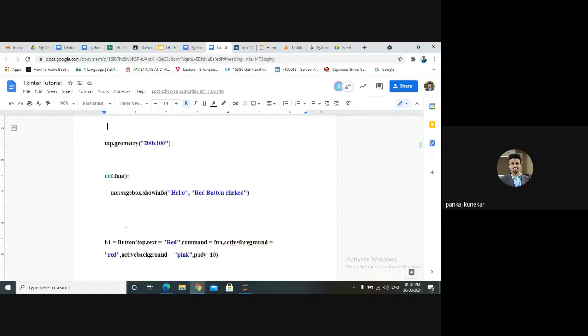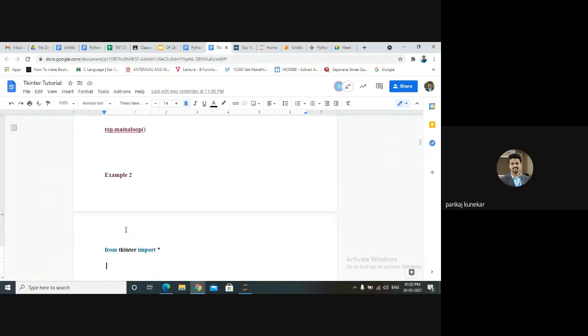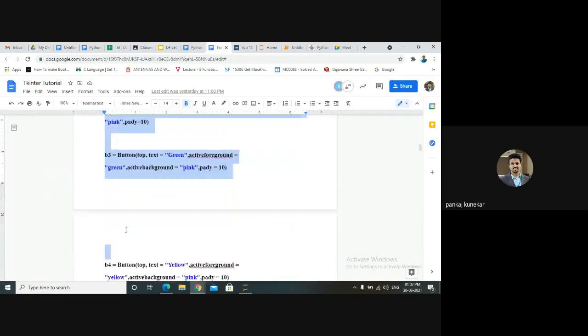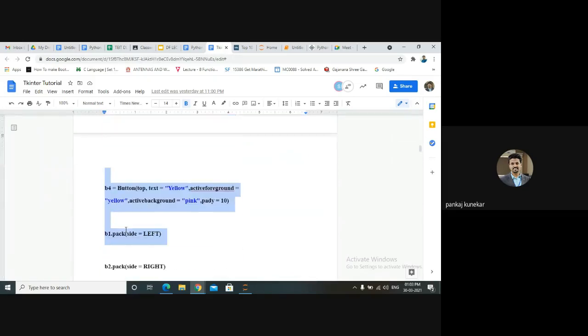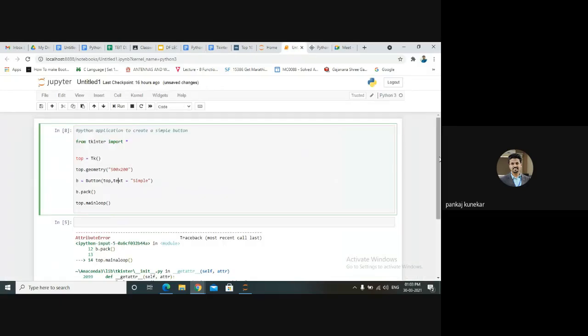Same thing, suppose I want some interactivity in my program. I can use this. I can create a function and have a clickable, event-like behavior, where we get a proper output.